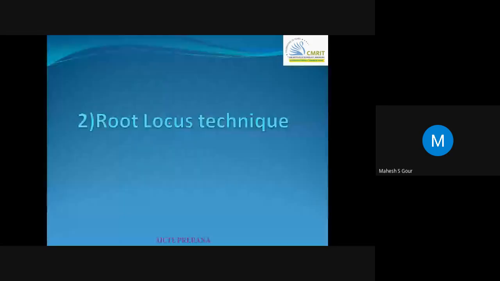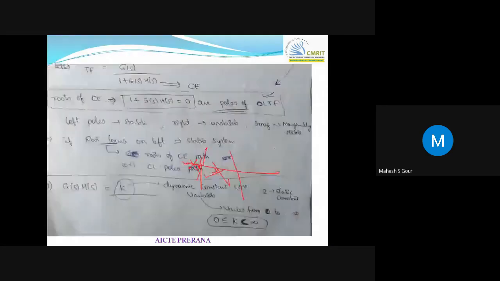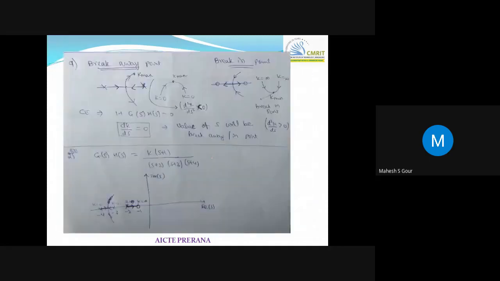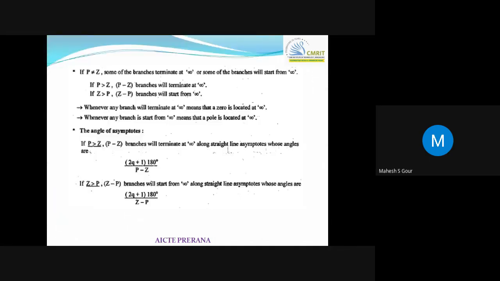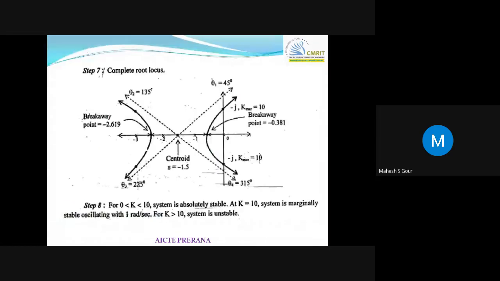So, in the next class, I'll be taking the polar plot. Polar plot also gives us stability, relative stability. I have told about relative stability here, right? Can anyone tell me how relative stability plays a role here? Why not absolute stability? It was the RH criteria, where I was telling that K must be greater than 0, K must be greater than 10, or K must be less than 10, or K equal to 10.